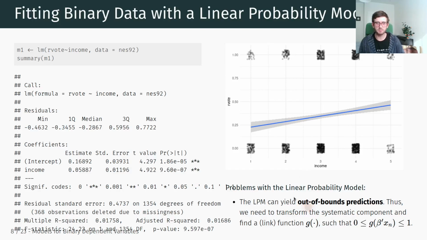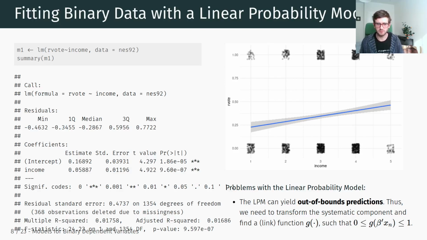But in theory, one big problem is that the linear probability model can yield out-of-bound predictions, right? So in other words, if we had a larger range of income that we would look at, or a stronger effect of income on the Republican vote share, we could end up with predictions that are below 0 or above 1, which then don't have this nice interpretation as direct conditional expectations that we can interpret as percentage of ones or percentage of zeros